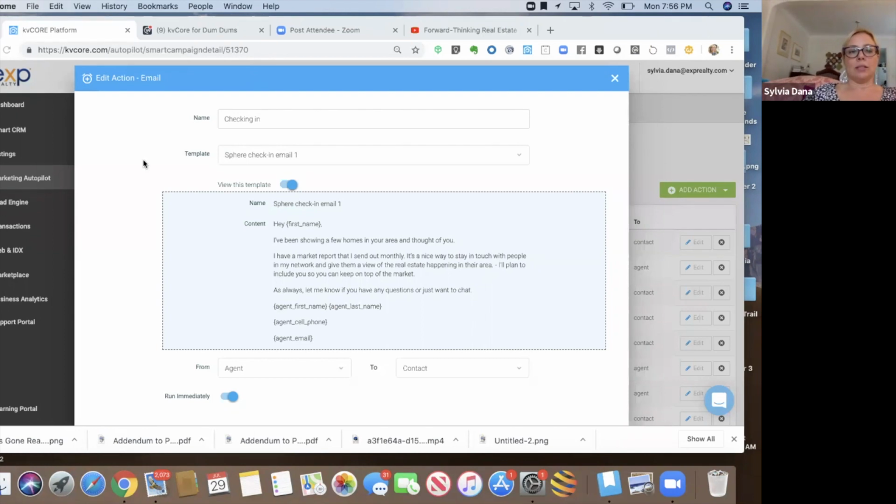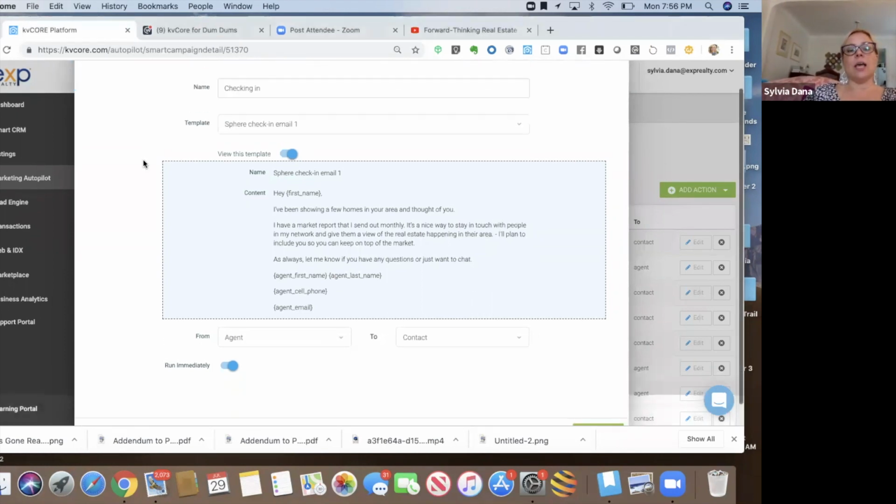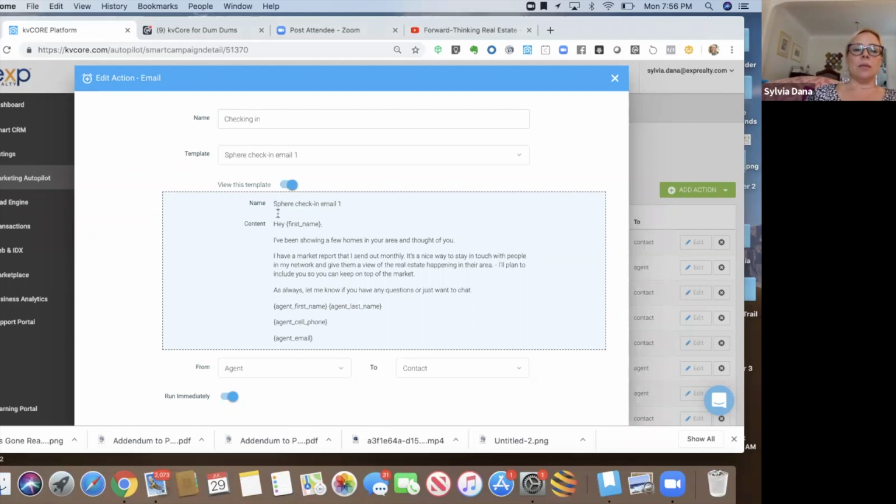Yes. So the first thing that I want to do actually is this email, this first email, it's fine. It's perfectly fine. But I'm actually going to change my very first email. I think this one is a little disingenuous, because I haven't been showing homes in their area. I have no idea if I've been showing homes in their area. So what I'm going to do is change this. I'm going to edit it, and I'm going to show you how I do that. So I'm going to click this off,